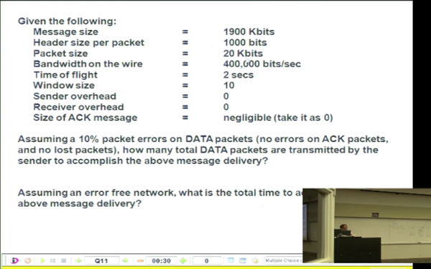In this question we are saying message size is 1900 kilobits, header size is 1000, and packet size is 20 kbits. If you add these two, you get 20 kbits, right? So 20 kbits is the sum of these two things, and the bandwidth on the wire is 400,000 bits per second. Time of flight is 2 seconds, window size is 10, sender overhead, receiver overhead, and size of ACK are negligible. Okay, so you know what is